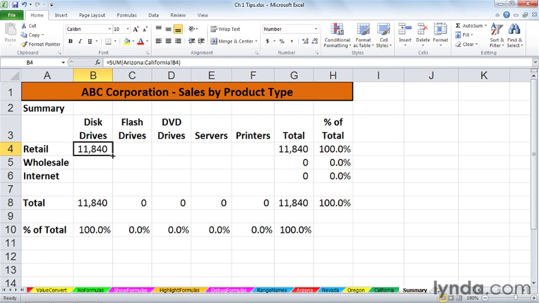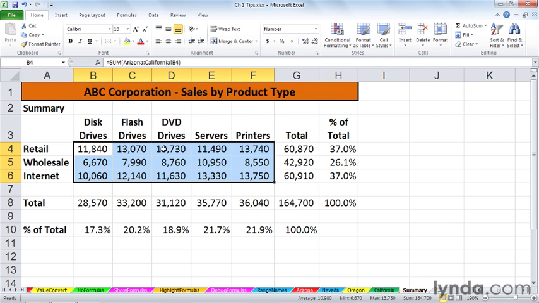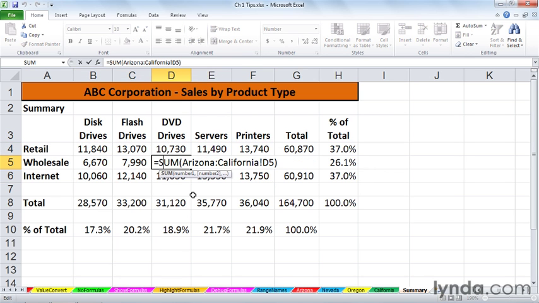I'll double click to copy this downward and then drag this manually to the right. And this truly is a summary sheet. Every one of these formulas here, whether it's this one, that one, this one, I'll just double click here to show you. In all of these, we're adding up data on all 4 sheets, Arizona through California. In this case, it's cell D5. It doesn't make any difference how many sheets we have here. And if we really did have all 50 states, fine. If they had been alphabetized, this would probably read, for example, Alabama, Wyoming, and it would include all the sheets